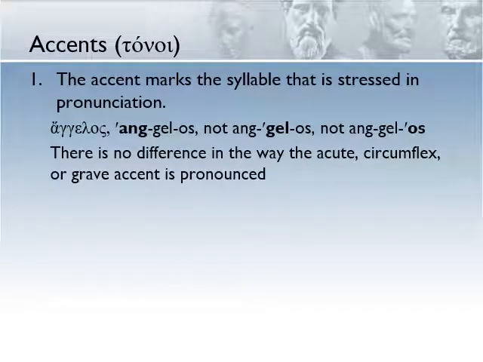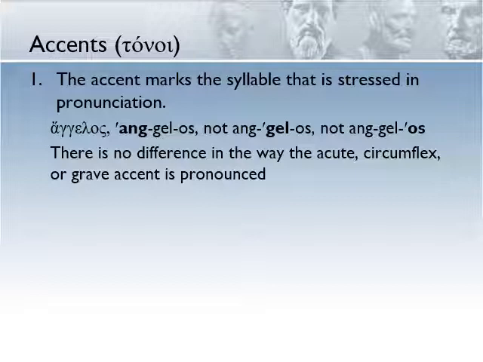The accent in Greek marks the syllable that is stressed in pronunciation. So take a look at this example. The word alpha, gamma, gamma, epsilon, lambda, omicron, sigma. So the alpha is an A sound. Remember from a previous video, a double gamma is pronounced like NG. Epsilon is a short E sound, lambda is an L, omicron is an O sound, and your terminal sigma will sound like S. So this is pronounced